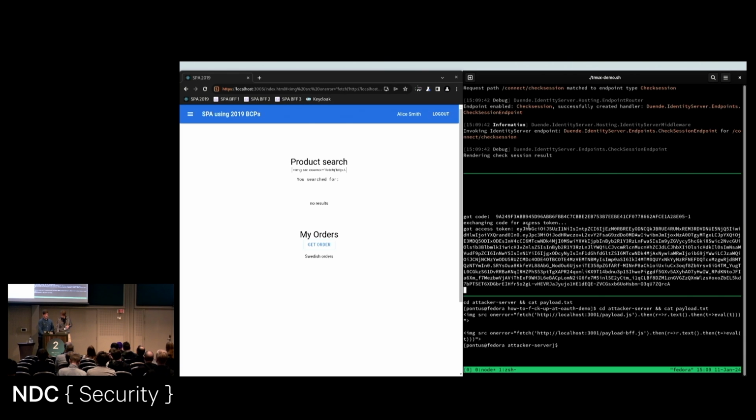And yeah, we have gone back to the slides, and this is what we saw here. He had the attacker server, and